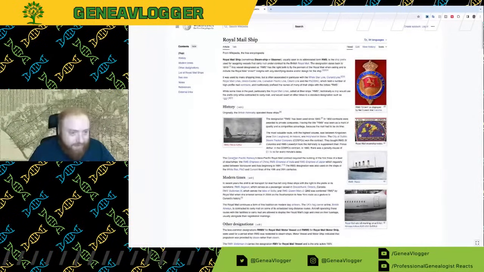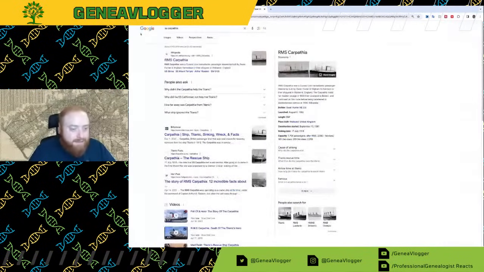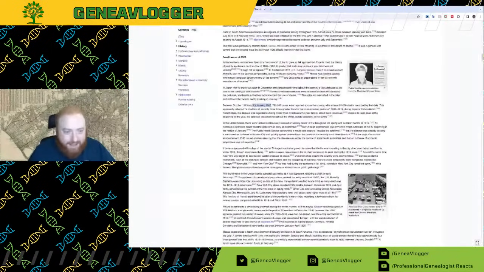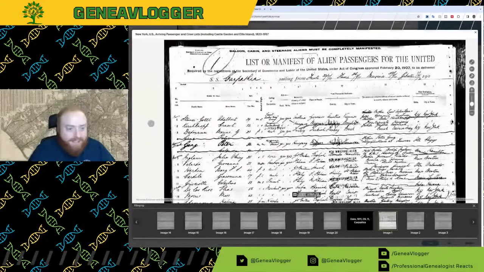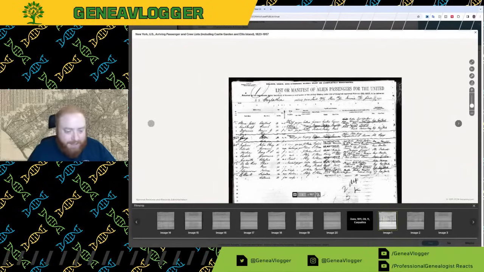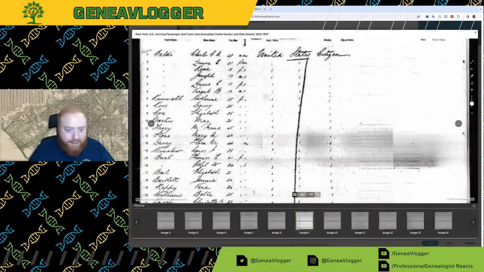Here we go. Royal Mail Ship. That's right. But then SS. Carpathia was Titanic's sister ship, I thought, but that's the RMS, I think. Granted, I guess we are in the States, so they might just be calling it SS because it's literally written there, but it could be the RMS.